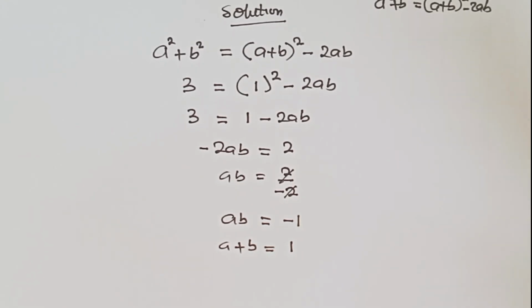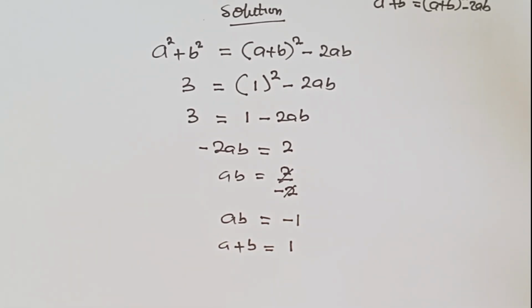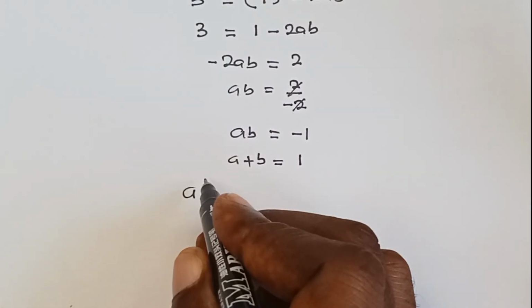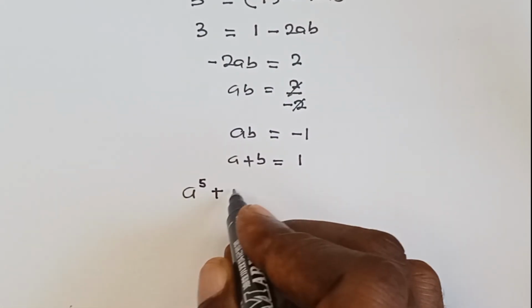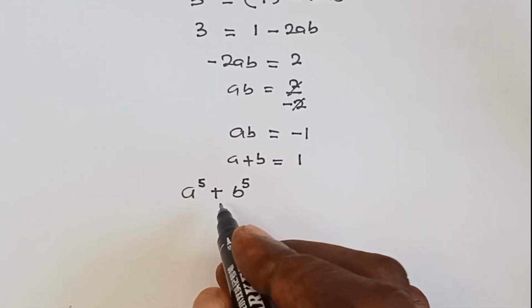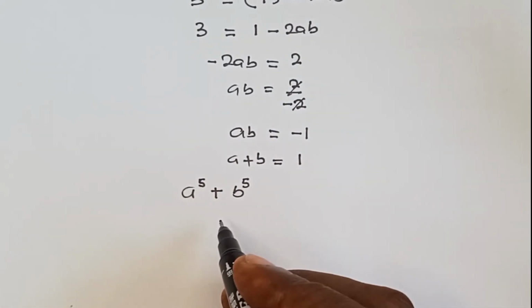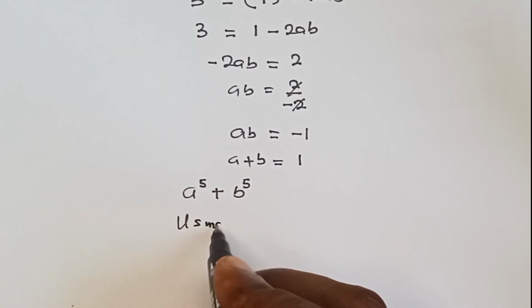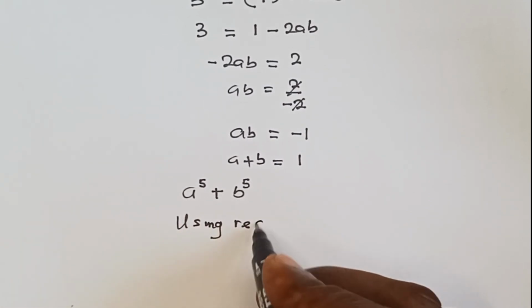Alright, so it means that anywhere we see ab, we write minus 1, and when we see a plus b, we write 1. Now the question says we should find a raised to power 5 plus b raised to power 5. So we have to find a raised to power 5 plus b raised to power 5. That's what we are looking for. And then how to solve this, we have to use the recurrence formula. Okay, so using the recurrence formula,